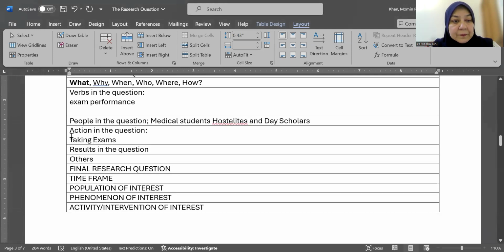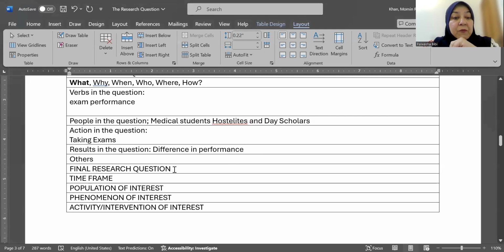All right. What am I looking for? The results, the expected results that I'm looking for. It's a comparison. Fazlullah has written, it's a comparison. The result that I'm looking for is the difference in performance. So there's one group that is maybe going to do better than the other group, right?